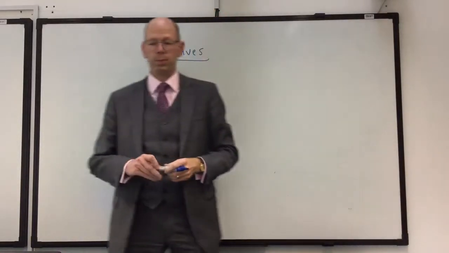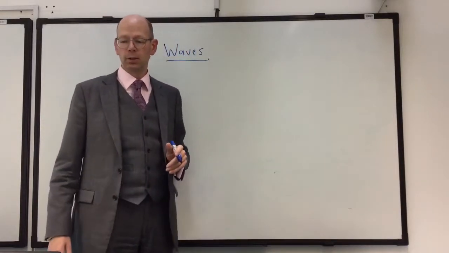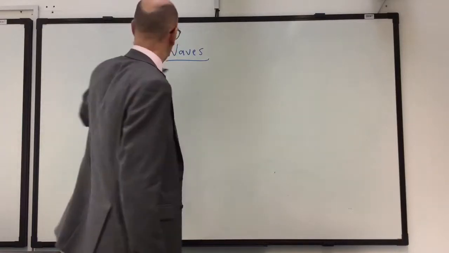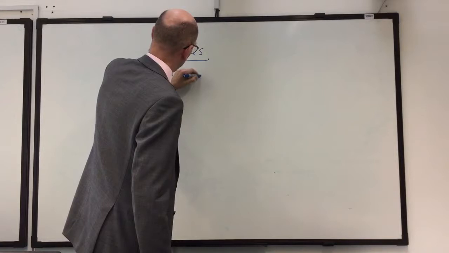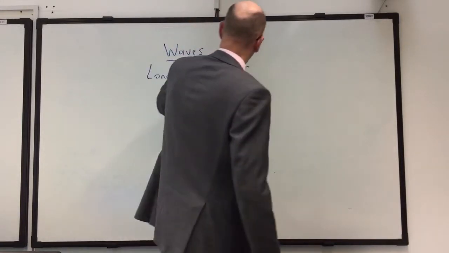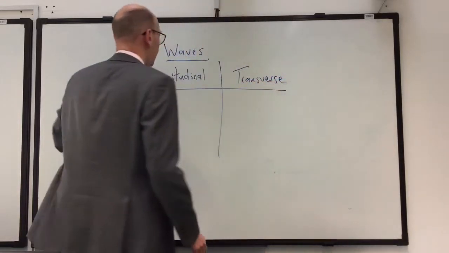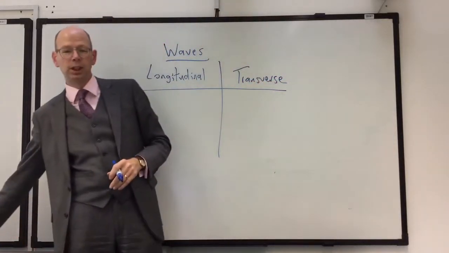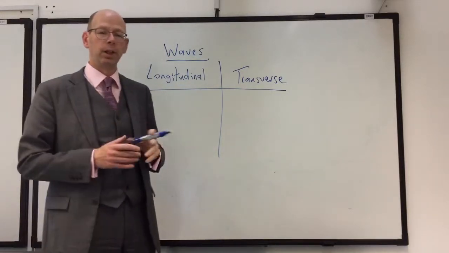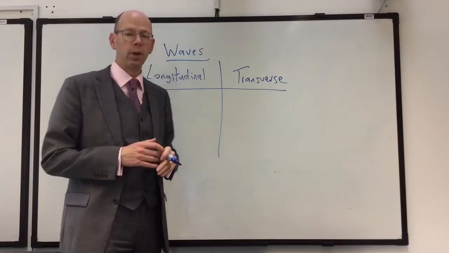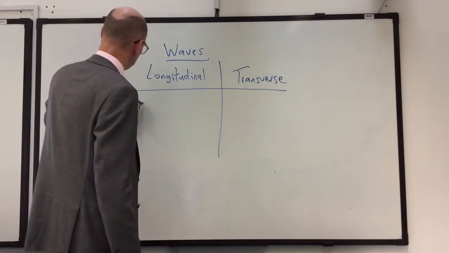Okay, we're going to think about waves to begin with. So we've got two types we need to consider. We have longitudinal and transverse waves. And they're distinguished by the relationship between the oscillations of particles in the wave and the direction in which the wave is travelling. So if we've got a longitudinal wave, particles oscillate